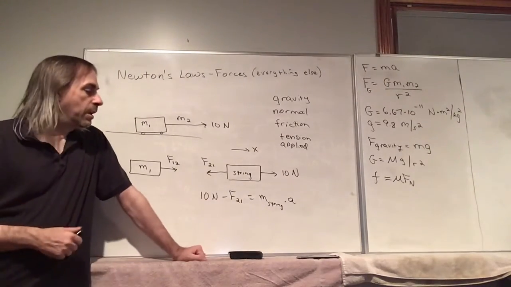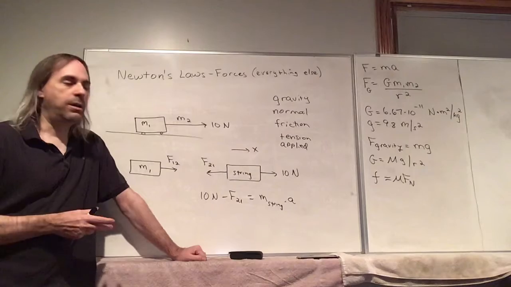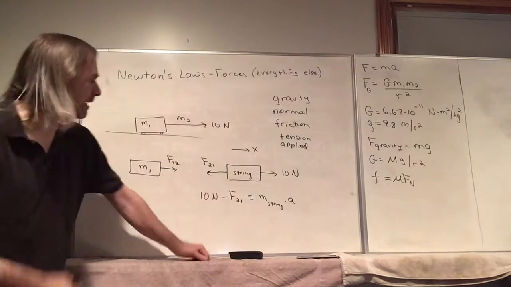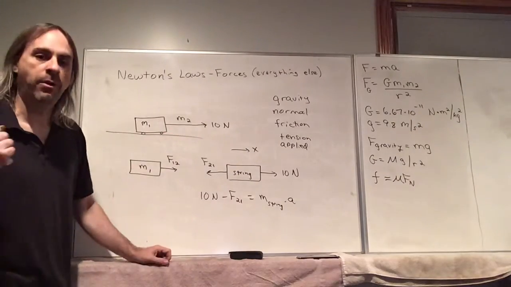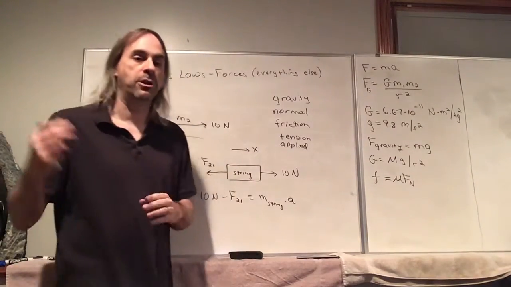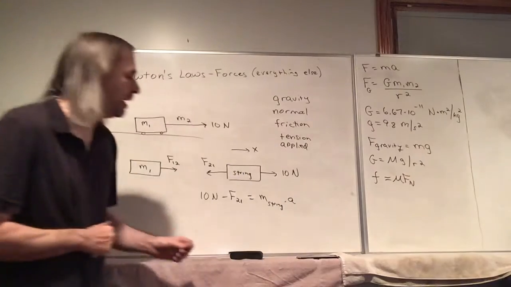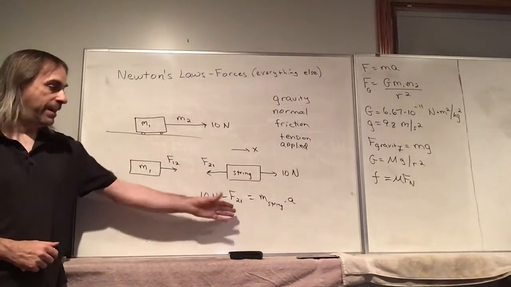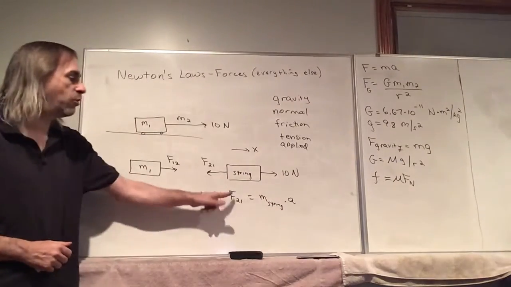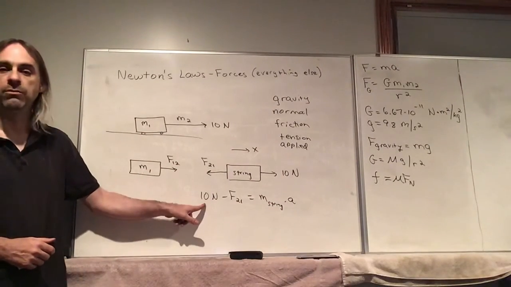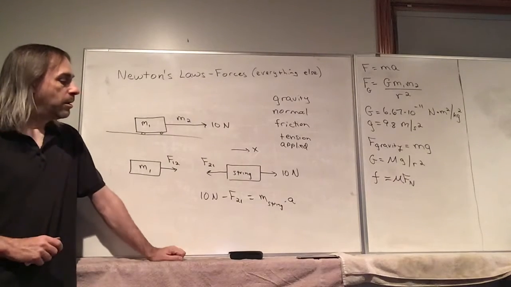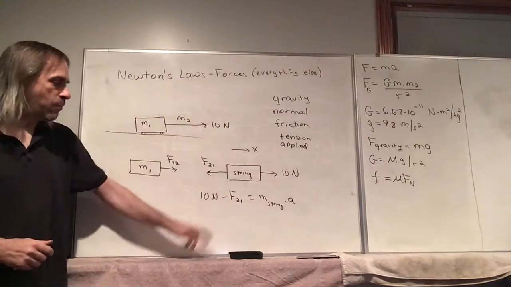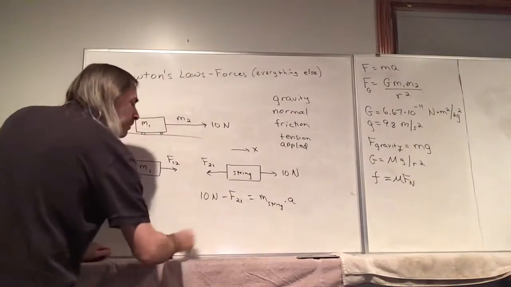Okay. Now, let's consider case 1. Let's just say the acceleration is 0. Again, say this is a sled and you're pulling on it with a rope. There's no acceleration. You're just walking at a constant speed. If the acceleration is 0, then the right side is 0, and we'll see that this force is equal to 10 newtons. But what if you're accelerating? Is that still going to be the case? Not really. If we solve for F21,